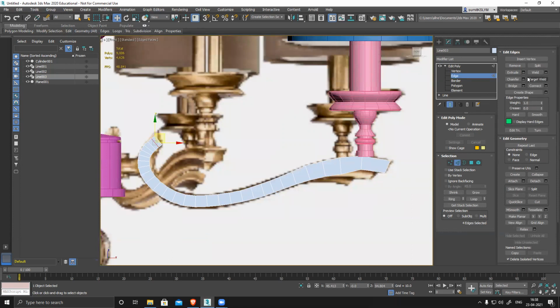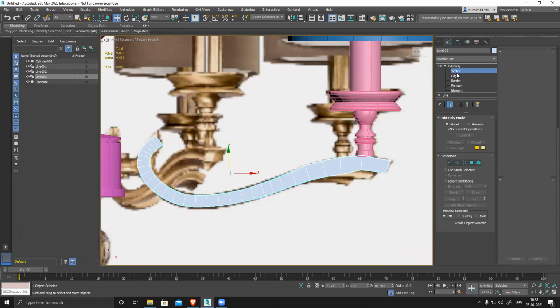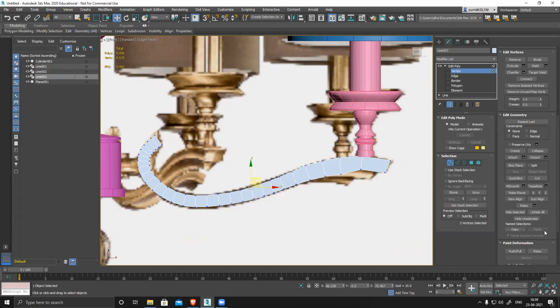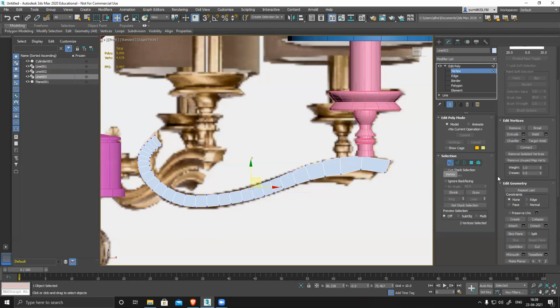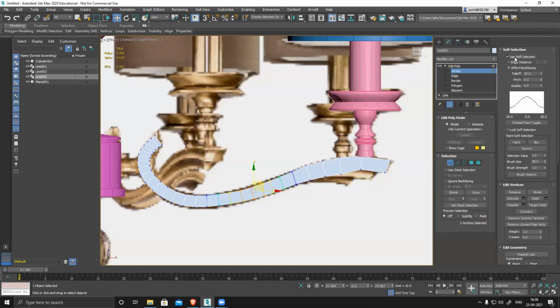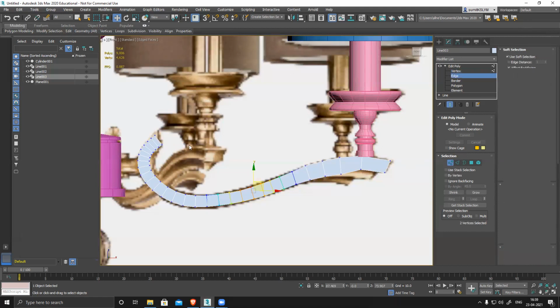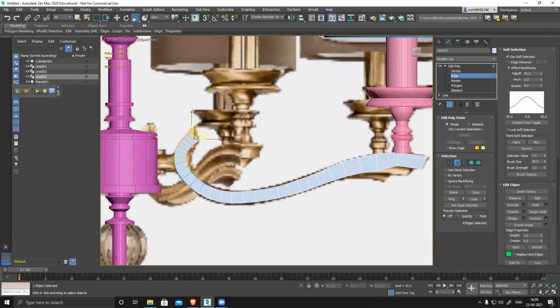So for that, soft selection is my soft selection. Right click on this edge, scale it down. If I want to increase the falloff, I can definitely do it and make it nice,